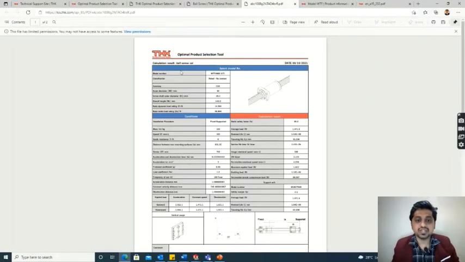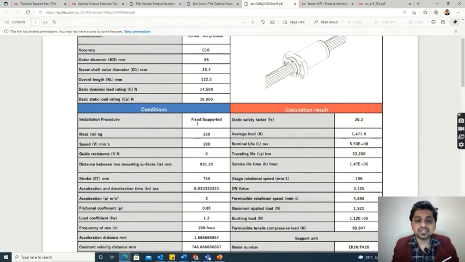Here you can see the model which we have selected, what accuracy we have selected, what its outer diameter is, and all other parameters, the conditions like fixed and supported which we have considered, the mass of the system, speed, and all the conditions, given in blue. And the red, the calculation result, is the output result which is calculated by the system.